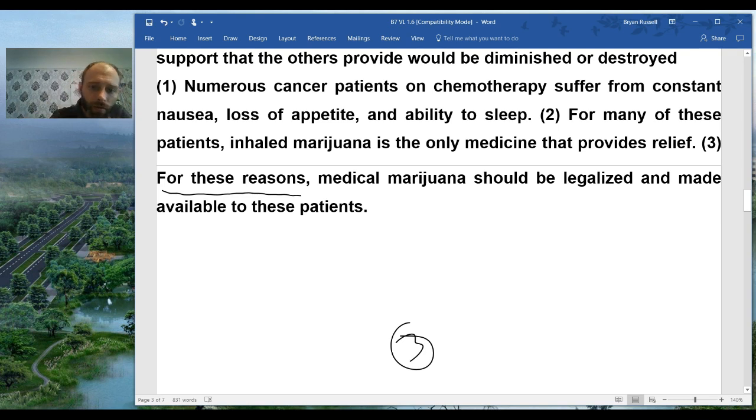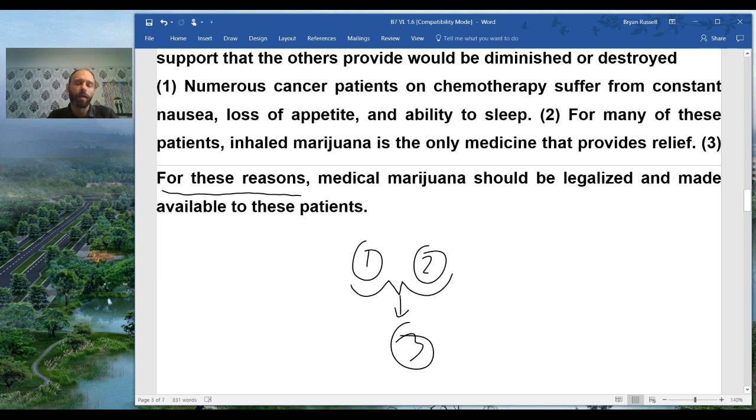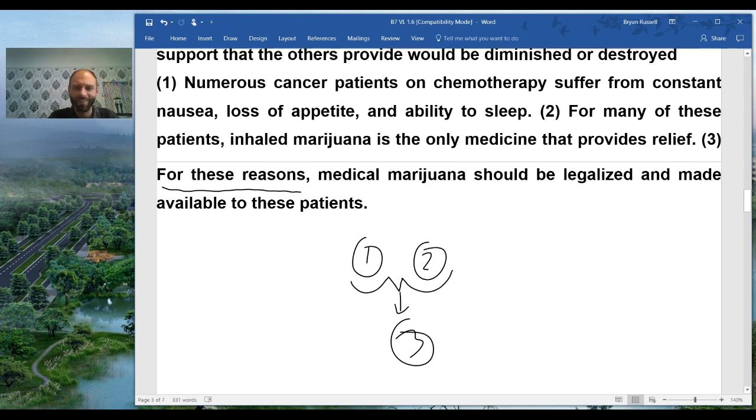They're conjoined. So the way we indicate that in our diagram, we put those premises on the same level. And we conjoin them with a bracket or brace, and then have an arrow leading from that all the way down to 3. So this shows us that 1 and 2 together support 3. Brace. That's going to be a brace.